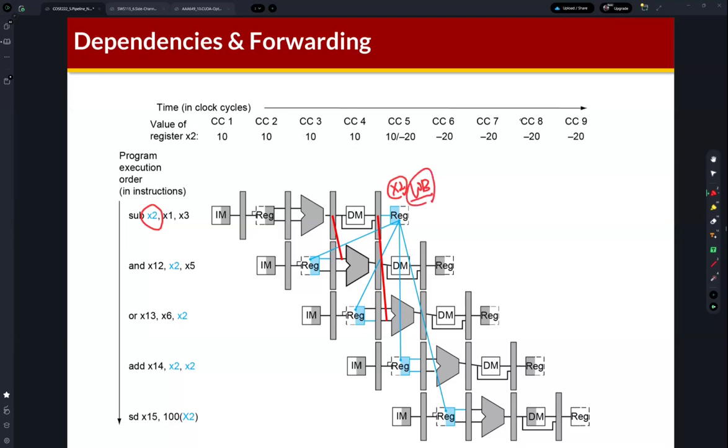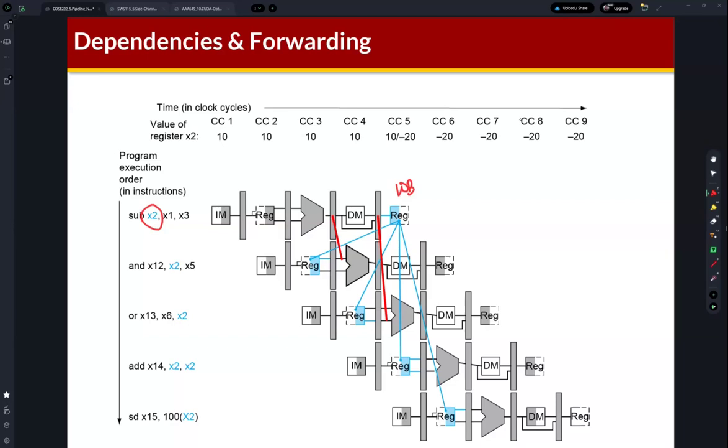So we can observe that the x2 will finally be returned back to the register file when the sub instruction is in the write back stage, right? But the following instruction requires the data from this sub instruction,